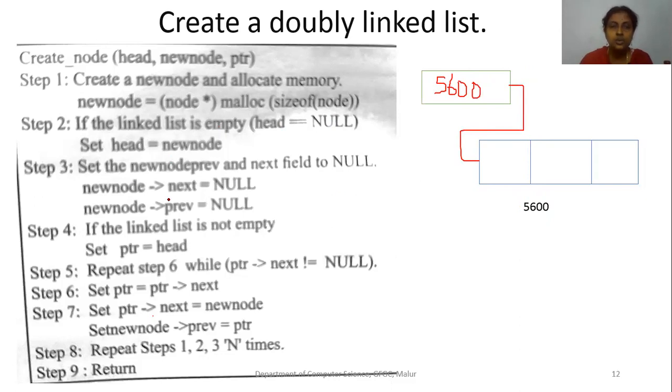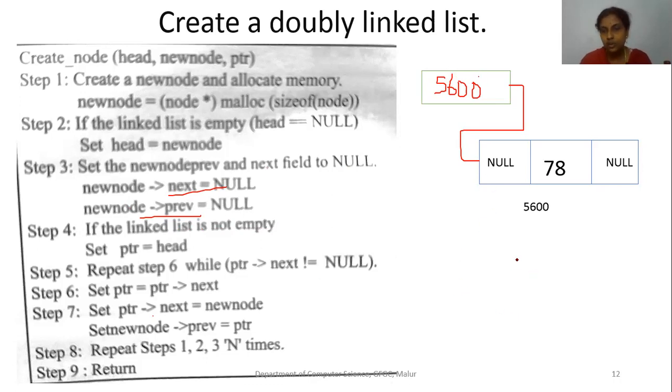Then make the new node's next part null, and the new node's previous part also. So make this also, data stored is 78. You make the previous part null, and the next part also null. Okay. If the linked list is not empty, in case this head is not empty, then what you